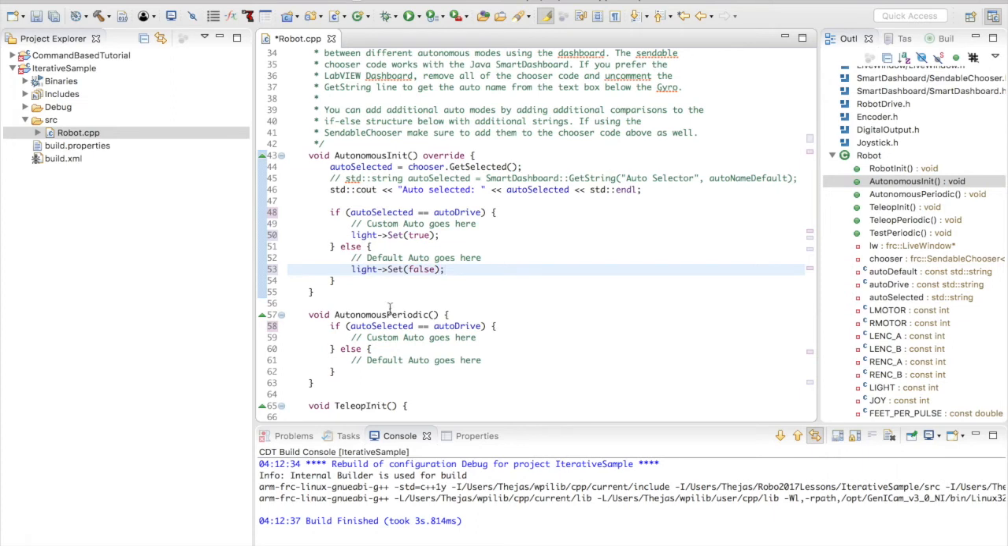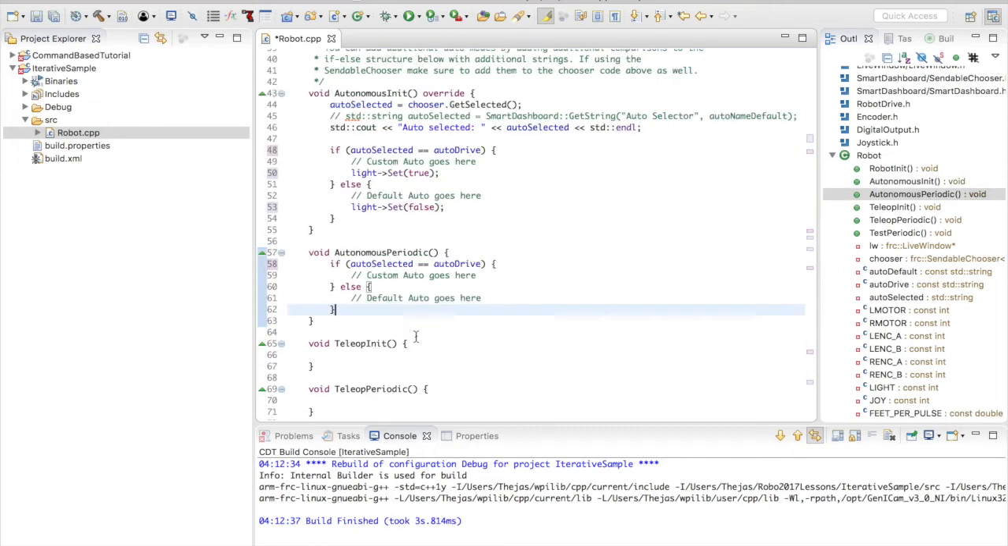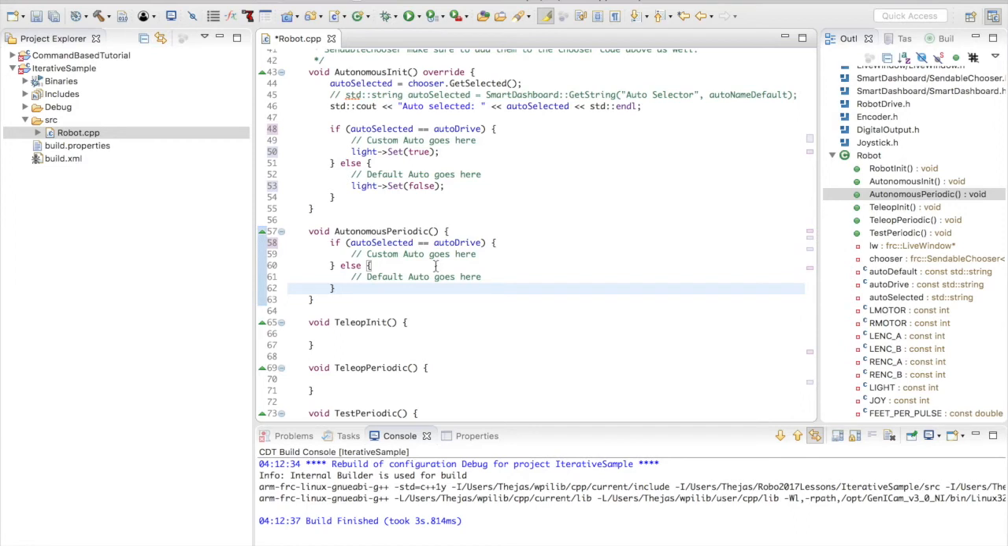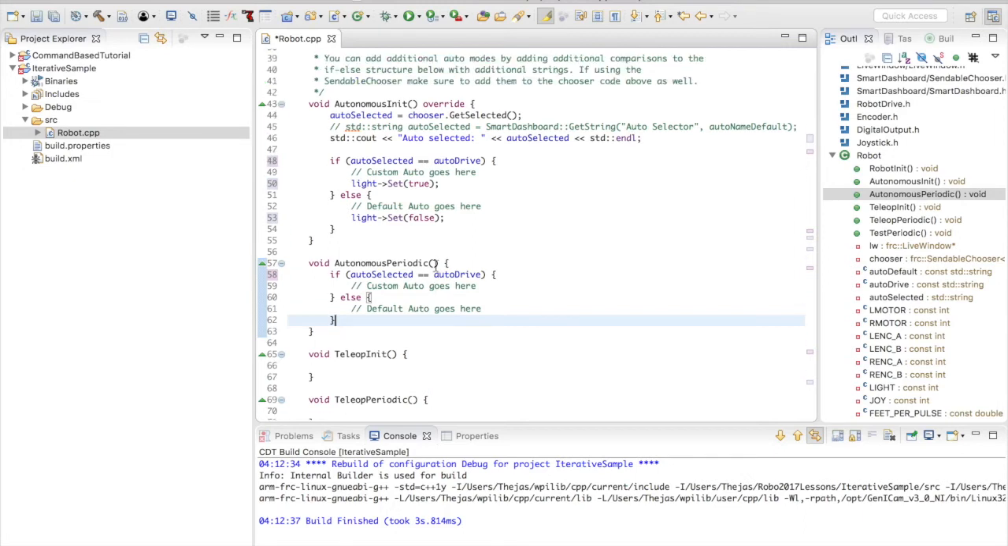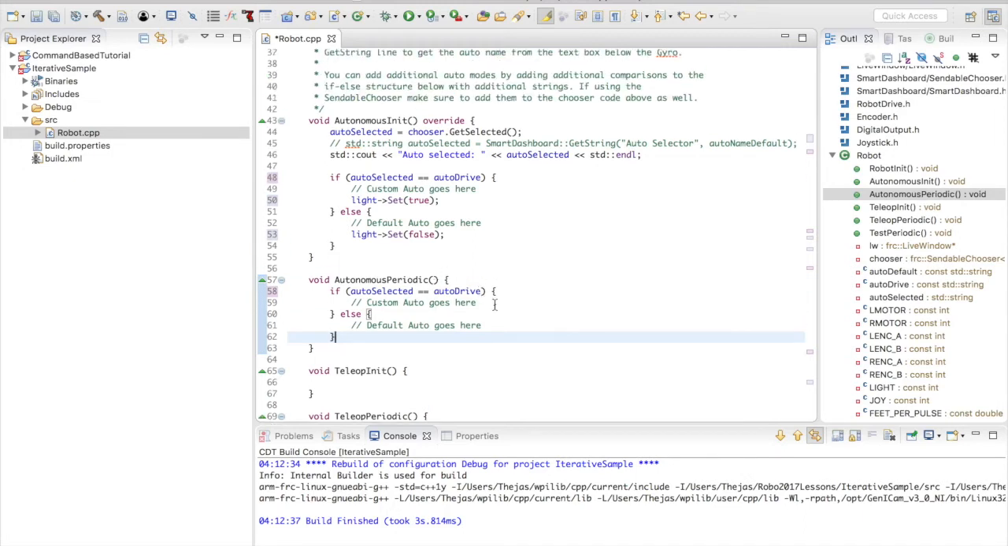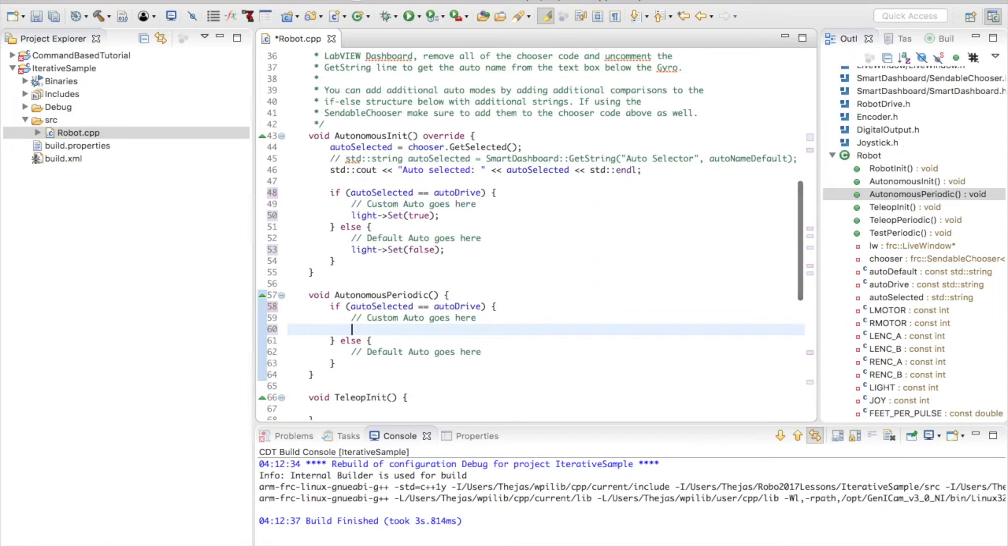So now, depending on whether we're driving or not, the light will be either on or off for the entire autonomous. Then we'll move to autonomous periodic, and here we put the actual code that performs the autonomous routine. The default autonomous will do nothing, so we can leave this empty. But here, what we'll do is we'll say that, actually,